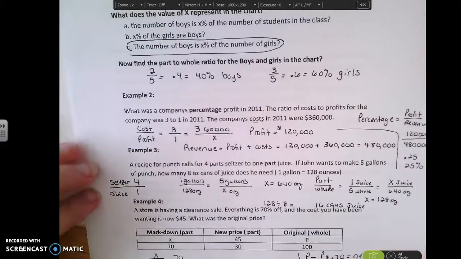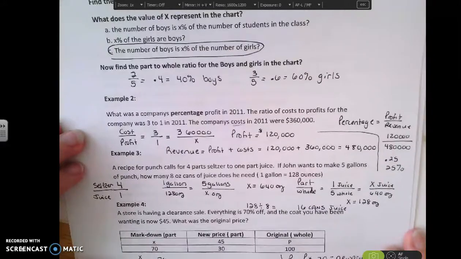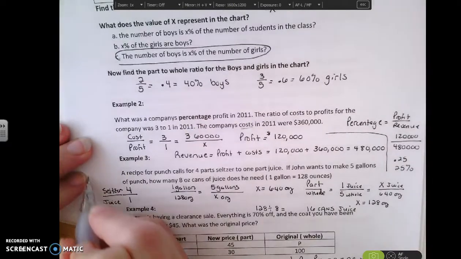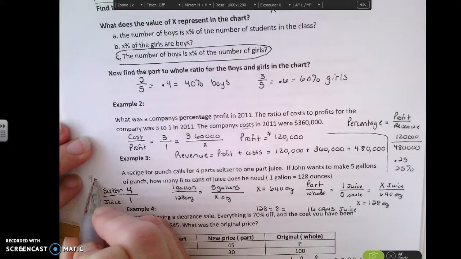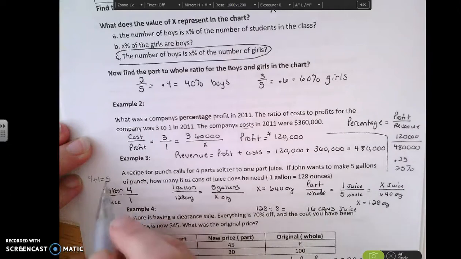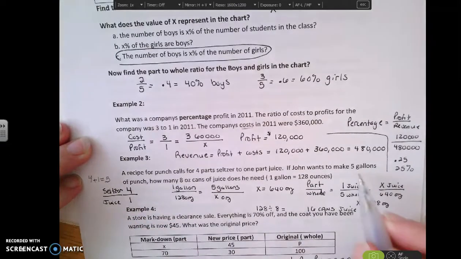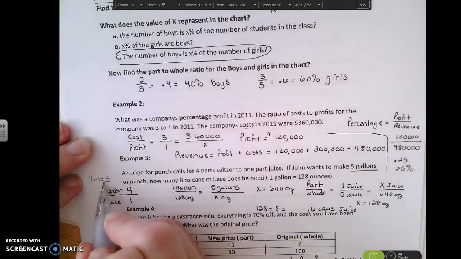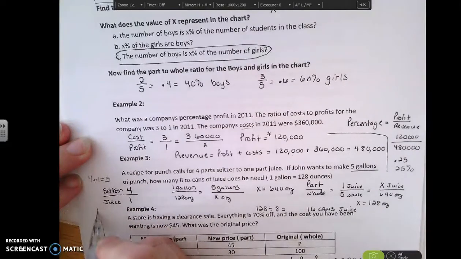All right, this next example, there's a couple ways to do it. I'm going to talk to you about an easy way that's not right here, and then I'm going to show you the work here. So a recipe for punch calls for 4 parts seltzer and 1 part juice. So if you think about 4 plus 1 is 5, there's 5 total parts, right? If he wants to make 5 gallons of something, and I have 5 parts, then that means I'm going to have 1 gallon of juice